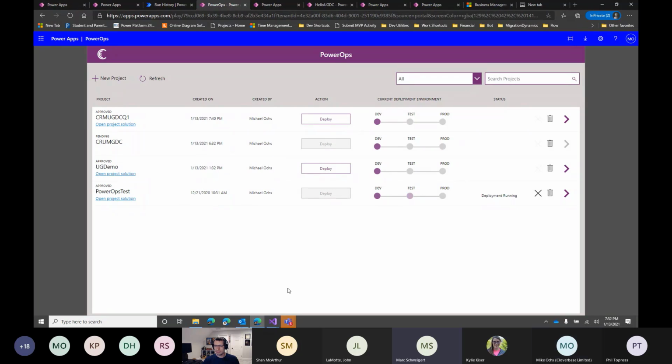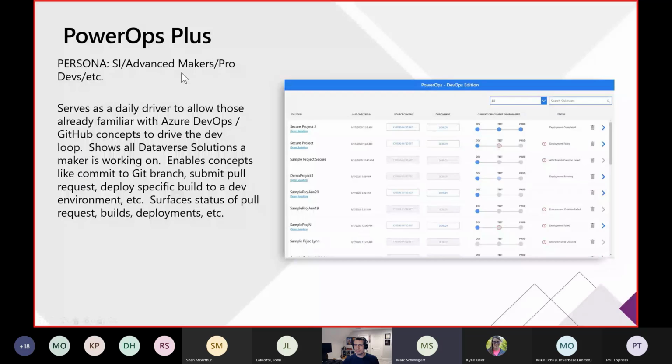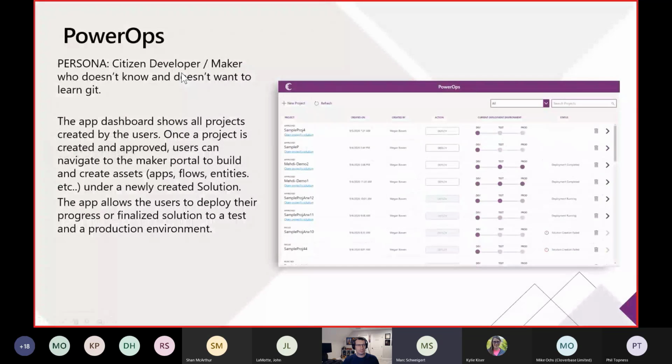Okay. We'll go to the screen, and I just want to put what Mike showed you in reference and context of what I'm going to show next. What we call Power Ops is just a reference implementation, and as Mike called out, it is geared towards a certain persona. What I'm going to show you next is geared towards a different persona.